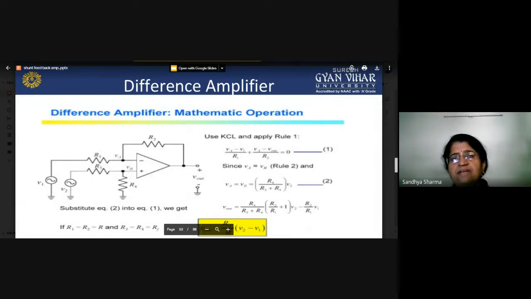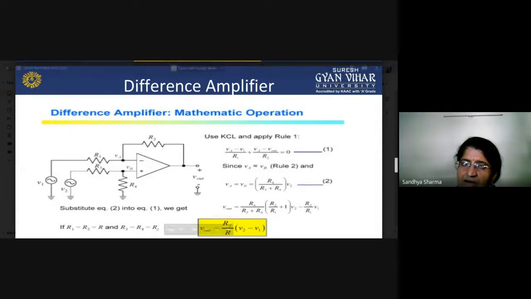Here we will discuss, when we are using the IC 741, what type of role or calculations will be done in an operational amplifier. Just see here: this is V1, this is V2. You have to apply V1 to the inverting terminal and V2 to the non-inverting terminal. This is the resistance R1, this is R2, R3, R4.